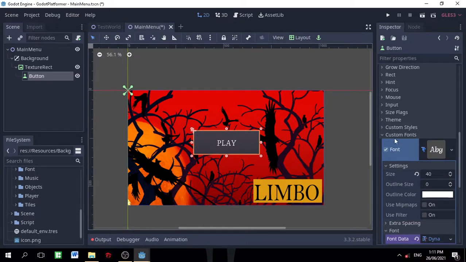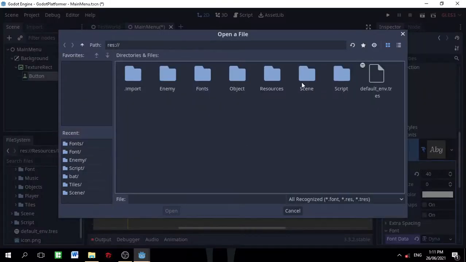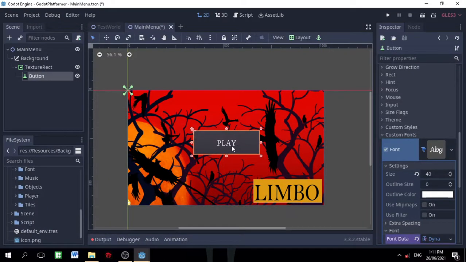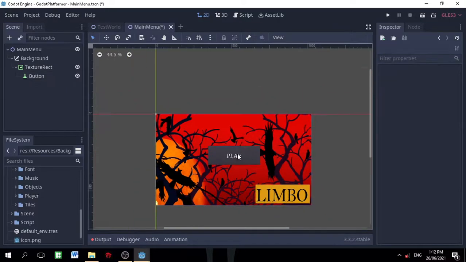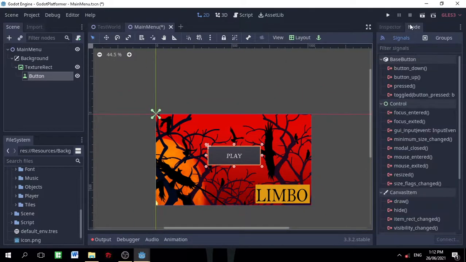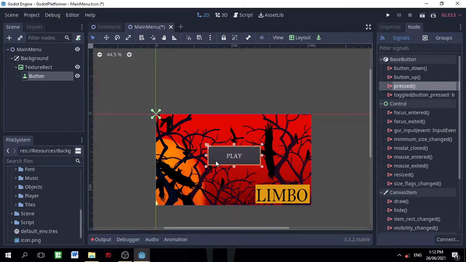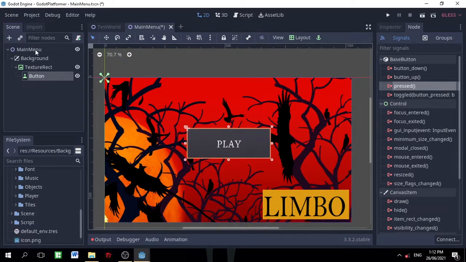So we can use that font if we want to give another node font data. We can just say load here, and then we can just load the font, and it will be applied to the node, for instance this button node. Okay, so when we click the play button, we're just going to change the scene into our test world scene. So we need a signal for our button here, but first we need to add